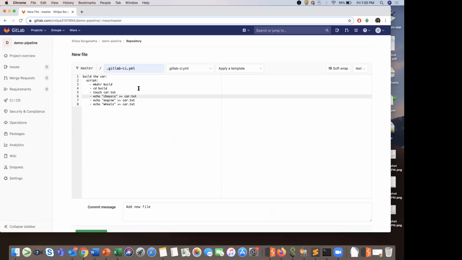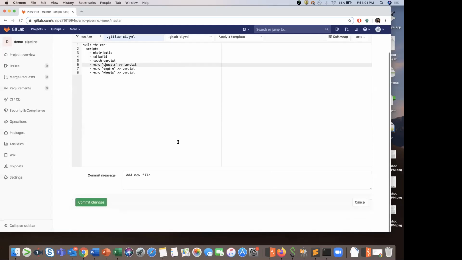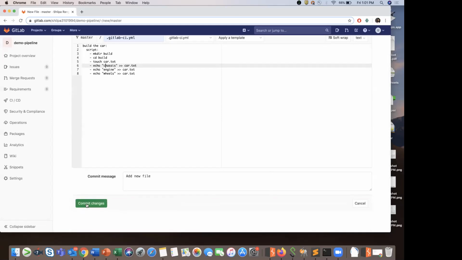Okay, and if that text file is already created, it is just going to update the timestamp. Okay, so after that, I am going to add these words chassis, engine, wheels into my car.txt file. Okay, I hope this part is clear to everyone. Okay, I assume it's clear.